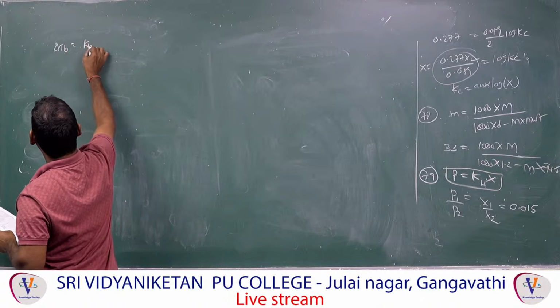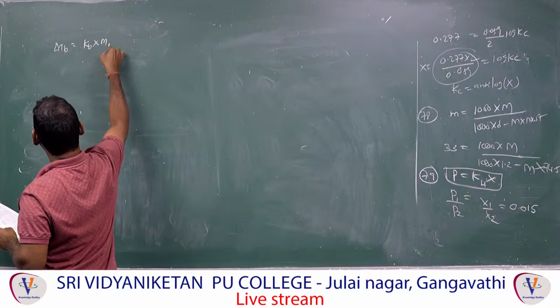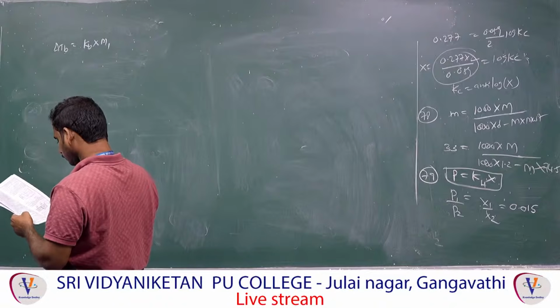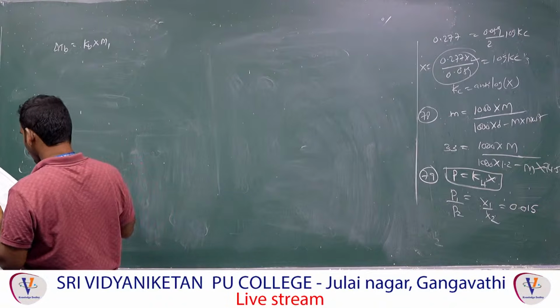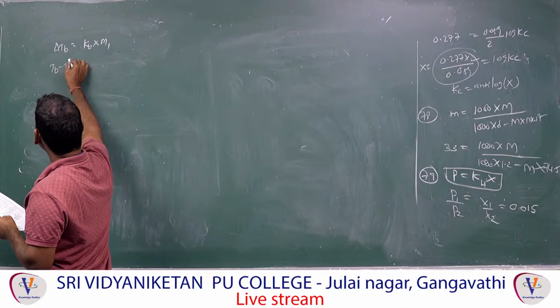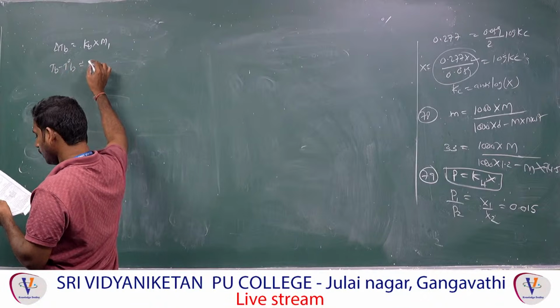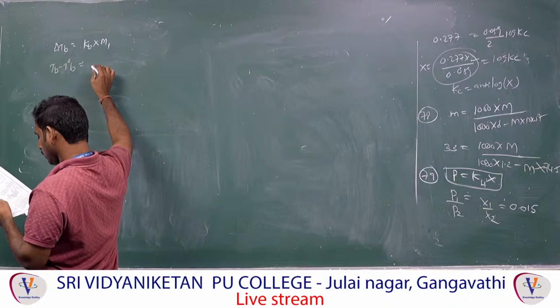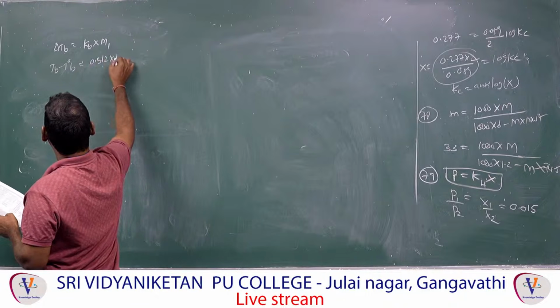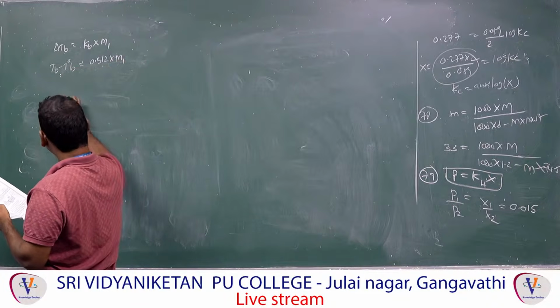Delta TB is equal to KB into M1, that is called M1, molality, right? Observe here, delta TB means TB minus T naught B is equal to KB, how much is given? KB